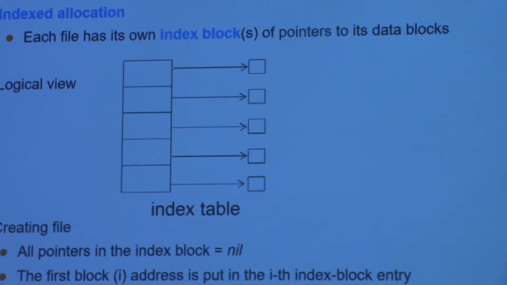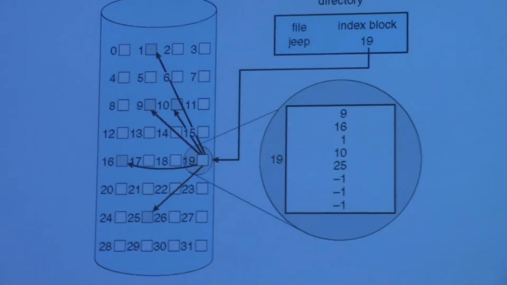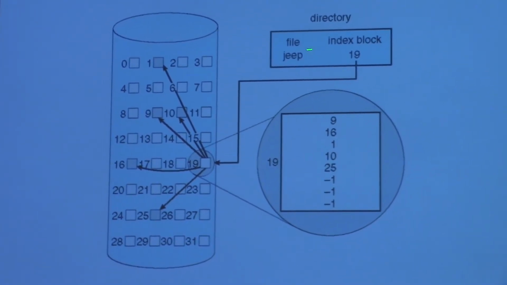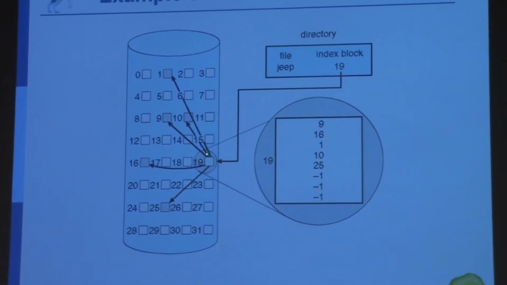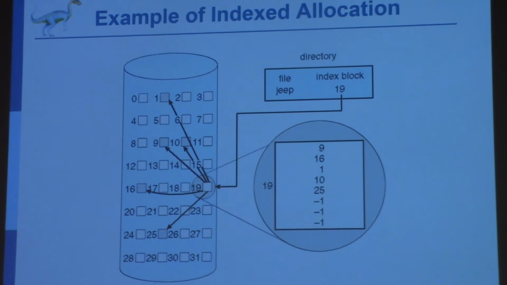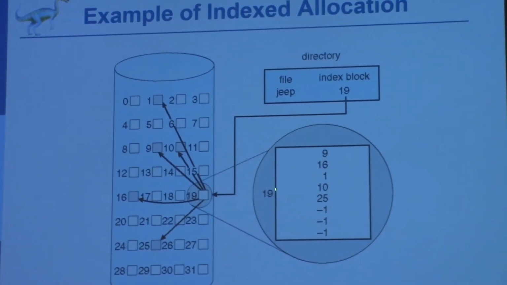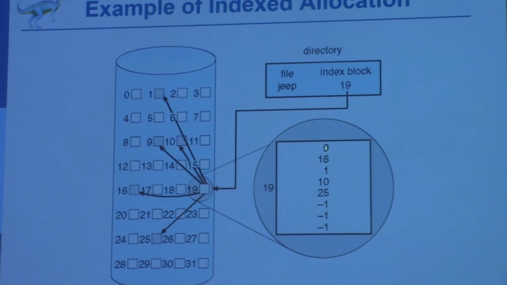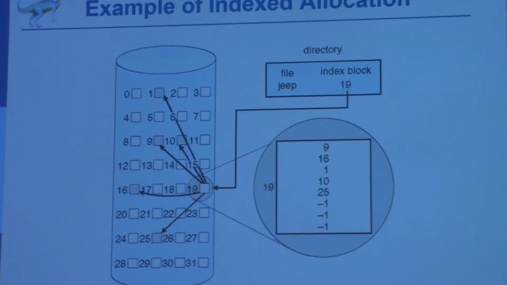Another approach is the indexed allocation. In indexed allocation, for each file the directory structure points only to an index block. This block is not used for data, but for the index. Index means where. So this file uses blocks 9, 6, 16, 1 in this order. And if not used yet, we allocate -1. Later, if there is new data, the block will be used. This is not assigned, but in the index structure there is space to be